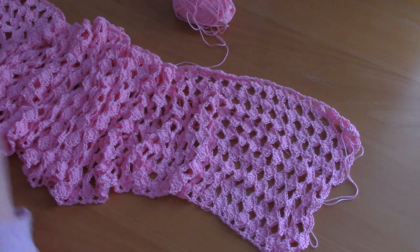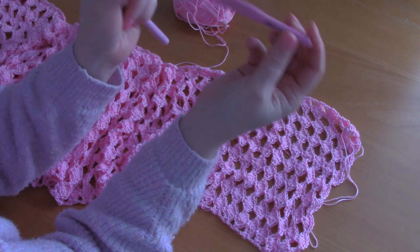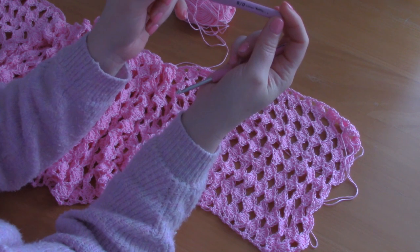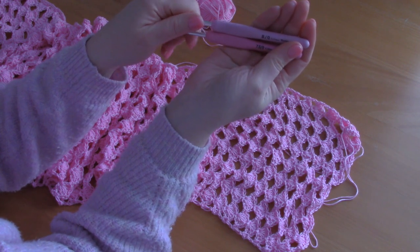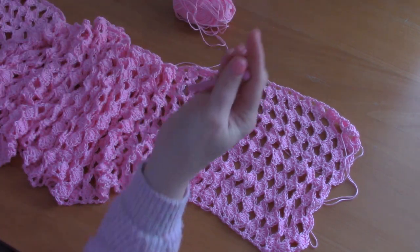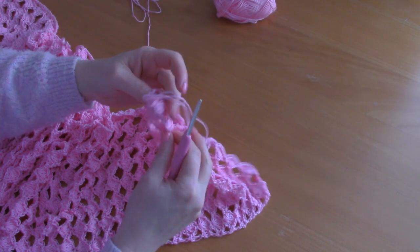So we were using the 4mm crochet hook, and I am now going to switch to a 4.5mm crochet hook because I have quite a loose gauge, generally speaking, but if you have quite a tight gauge you can go up to a 5mm crochet hook. So whichever you have at hand and whichever you think is best, just switch up at least a half hook size in my opinion. So I'm just going to start using my 4.5mm crochet hook to start this single crochet